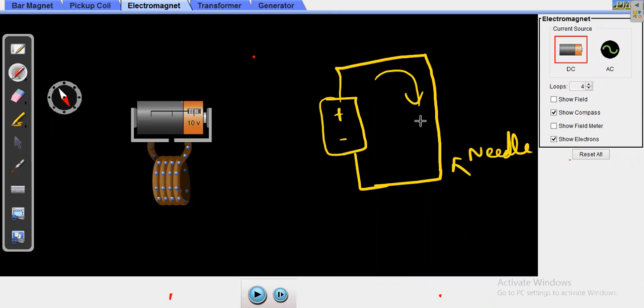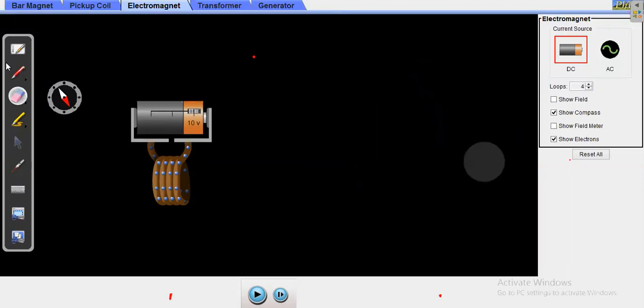What is an electromagnet? When you pass current through a conductor, after some time it will behave as an electromagnet. But once you stop the current, those properties go away. It will not attract, it will not give you the magnetic field nature. As long as current is flowing in the conductor, it will act as a magnet. Once we remove the voltage or battery source, that magnetic field will go away. That is the concept of an electromagnet.